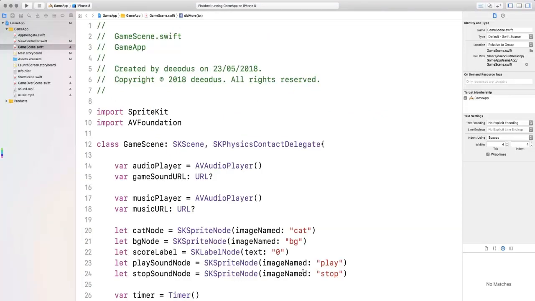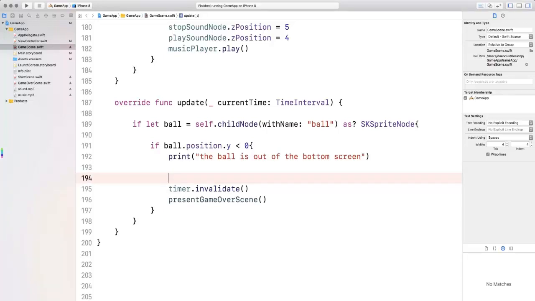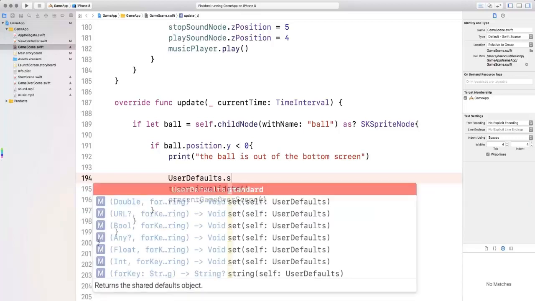Saving a simple data type is quite straightforward. We're going to be using the UserDefaults class, which I'm sure you must have used many times. Let's go to the update function where we're going to be writing this code. So what we want to do is, before we call the present game over scene or invalidate, we want to save the scores. So we can simply say UserDefaults.standard